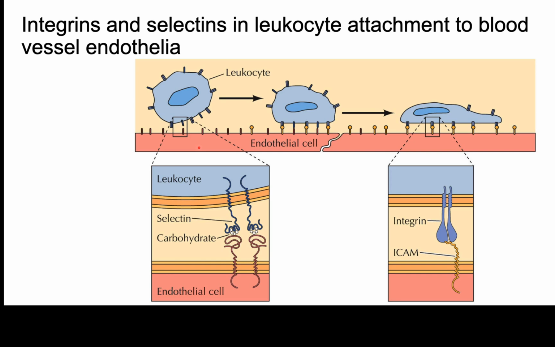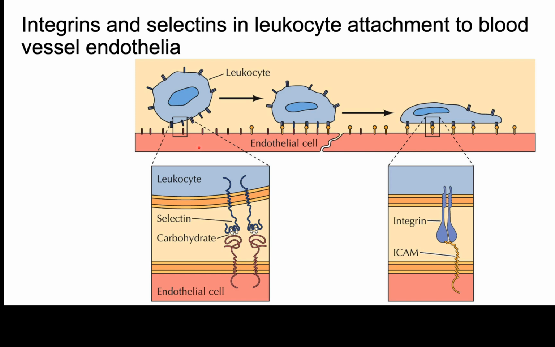So on the leukocyte itself, it has these selectin molecules, these selectin proteins that go through the cell membrane and interact with these glycoproteins over here. So the specific carbohydrate molecules will mediate that interaction. So these selectins recognize these glycoproteins in the endothelial cells. It will kind of stop itself from rolling farther. Once it gets close enough,